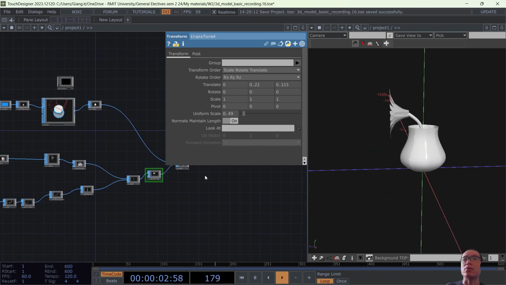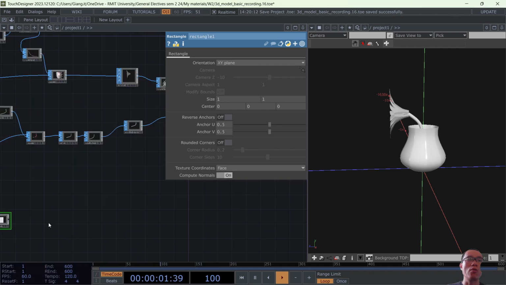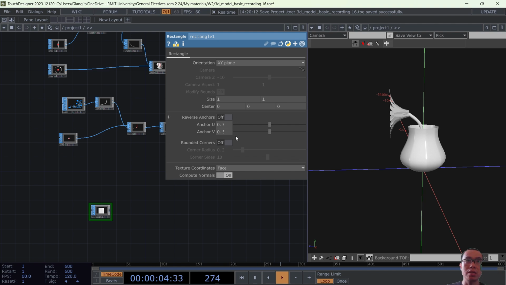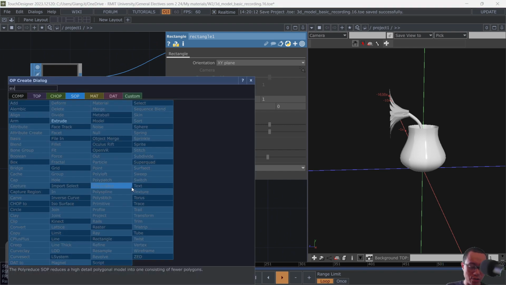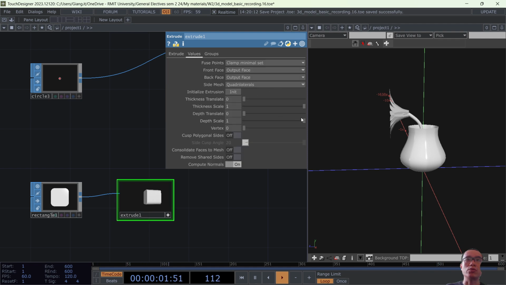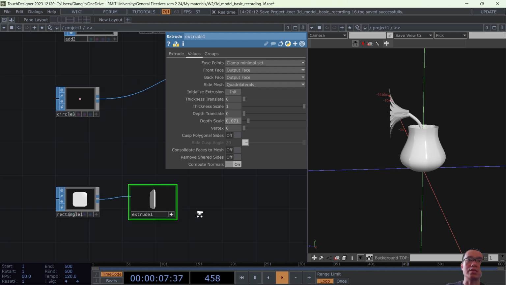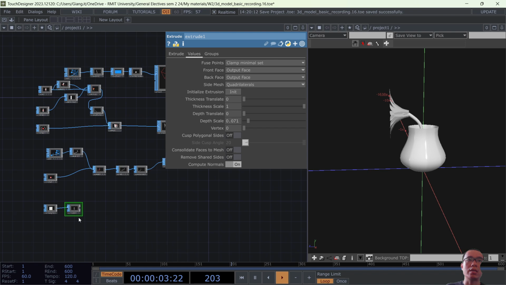Okay, now the last thing I want to do is demo to you the extrude functions. I'm going to make a table, and in the rectangle over here you'll be able to turn on the rounded corners in the extrude. Okay, and put this one in, and in the extrude over here you're going to see it making very thick extrusions. So we're going to reduce the depth scale over here, something like this. Okay. And then we can plug this one